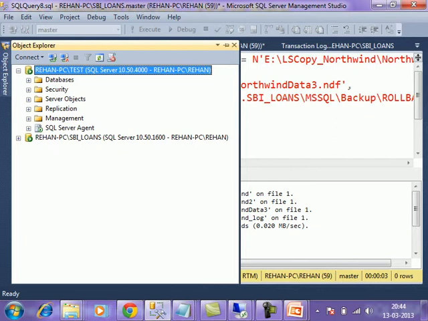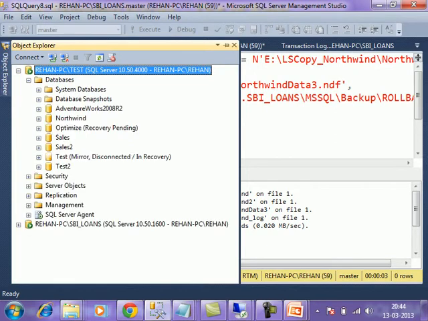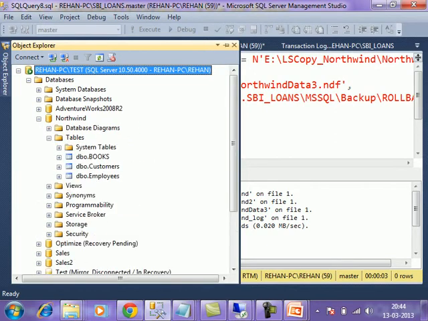We can't say in the interview manually we have taken. Already log shipping is there, you can't take manual log backups. Full and differential we can take. Means let's say our alert has taken backup, just alert has fired, it has called the job has taken log backup. Observe here. What I will do, I will go to Northwind database here.